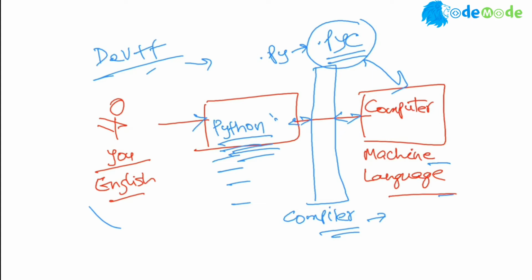So the advantage is it is pretty fast, because you have already done some part of the work in advance before you are feeding it to a computer. On the contrary, an interpreter is on the fly. It doesn't do any groundwork. It doesn't do any intermediate work. I will immediately convert line by line into machine language. So you tell me one line, I'll convert that and send it to machine language. I will not do preparation.